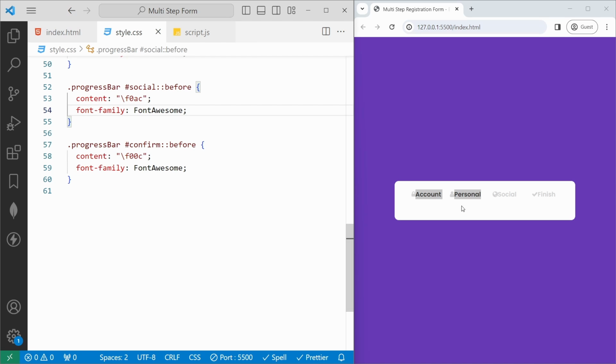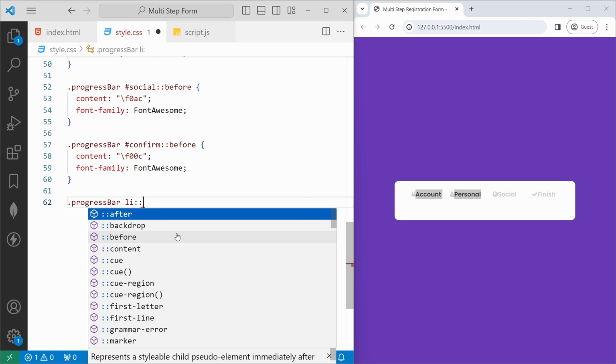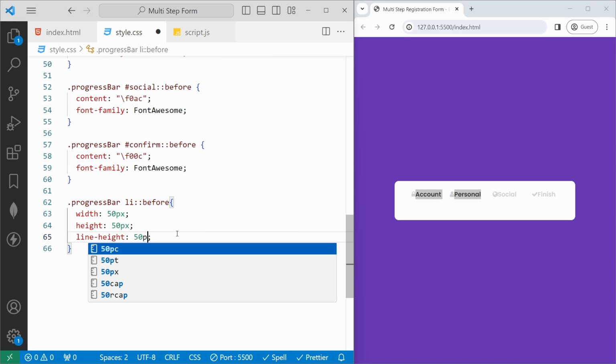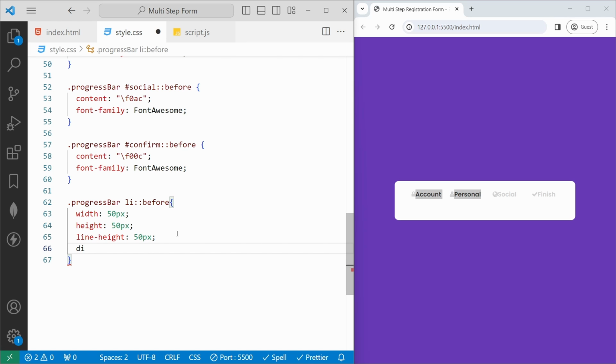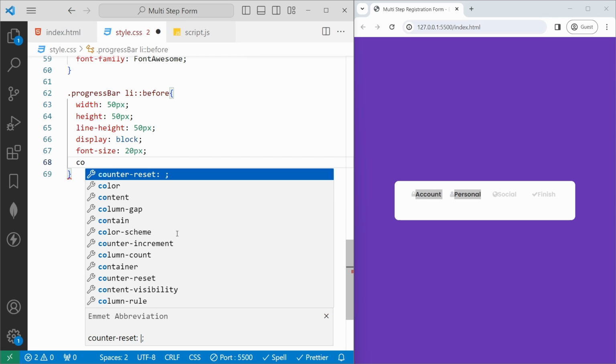Now we'll add the styles to that icon too. So again with the help of progress bar li, I will add the before. I will set the width of 50 px, the height of 50 px again, and then I will set the line height to 50 px. I will set display block to set it in the center of the screen, and then I will set the font size of the icons to 20 px. I will set the color to